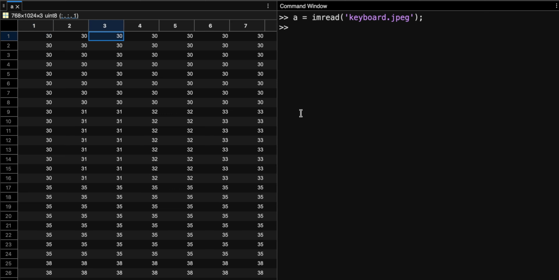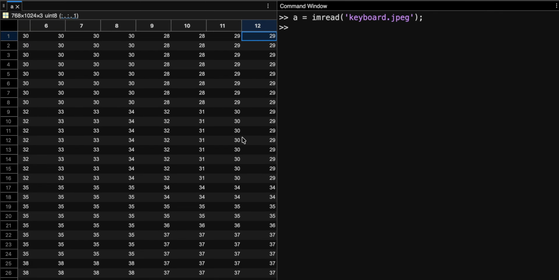At this part of the image, we can see the values 32, 30, 35, representing the brightness or the intensity.